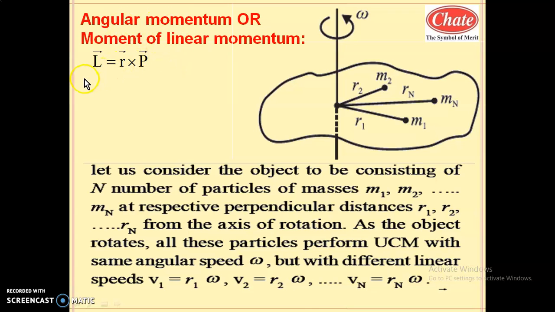So what is angular momentum? Angular momentum is denoted by the vector L, and it is vector r cross vector p. You have studied this equation in the fourth chapter, or in vectors, where it was introduced. This is one example of the cross product of two vectors. So L equals vector r cross vector p. The direction and the magnitude of L will be calculated by the cross product of the moment arm and the linear momentum vector. In rotational dynamics, we modify this formula into another form, L equals I omega. That we will continue in the next part.